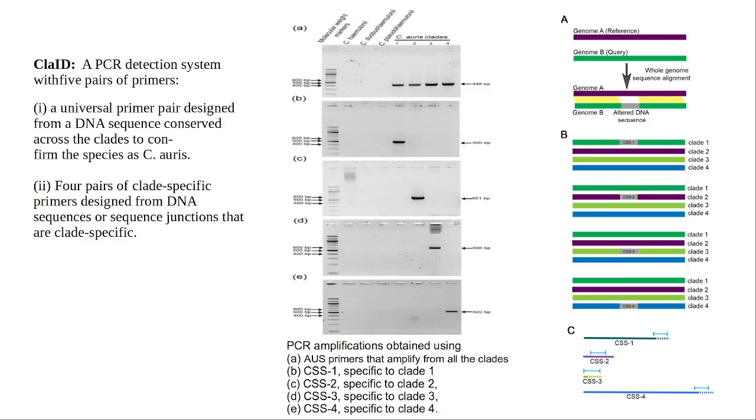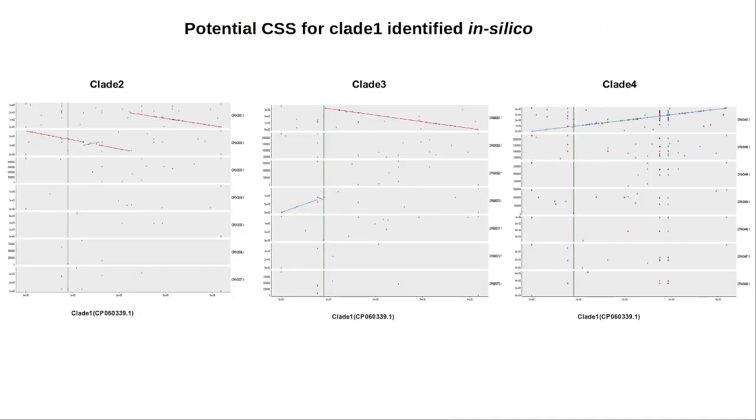We combined all these candidate regions for each clade representative genome and narrowed down the list to the ones which are commonly appearing in all the rest of the three clades, but as non-aligned regions. So, the DNA sequences from here that showed specificity in initial homology searches were chosen for designing the clade-specific primers. For example, here, one such candidate clade-specific sequence for clade 1 and the corresponding breakpoints in the rest of the clades are shown against the same position.